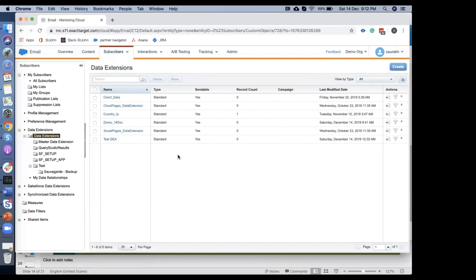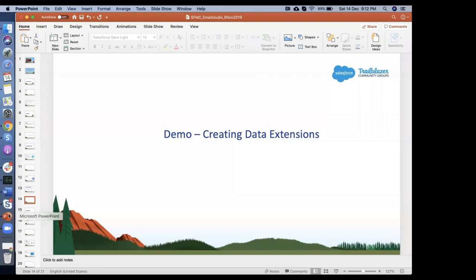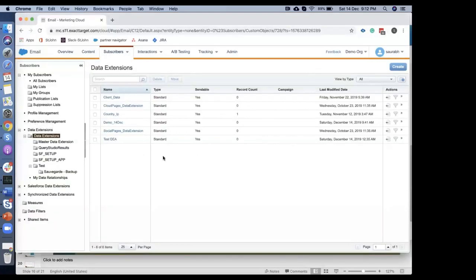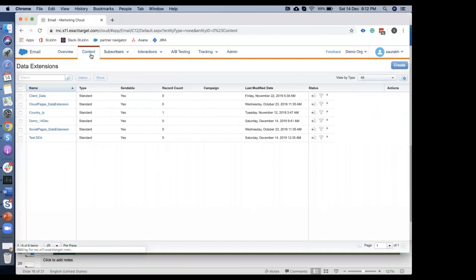So we discussed subscribers, we discussed lists, and we discussed data extensions and the difference between those. And we're gonna go ahead and talk about send management. There is a flow that we have at the time of send, like when you perform a send in Marketing Cloud. So I'll go through the flow and see what happens when you send in Marketing Cloud. I'm gonna go to the content tab so that I can pick a template that I want to send to,